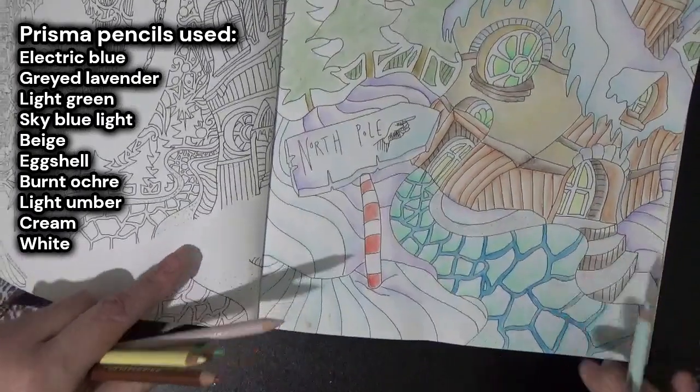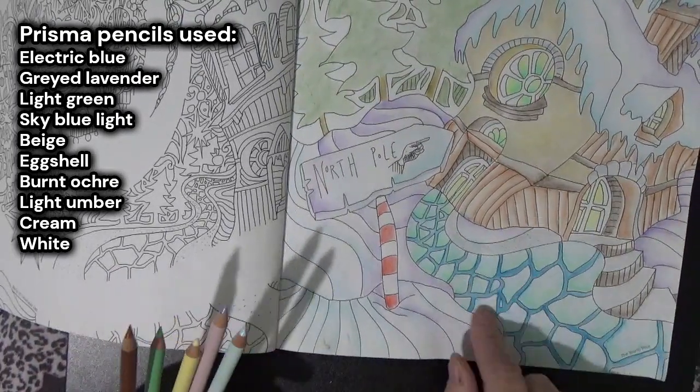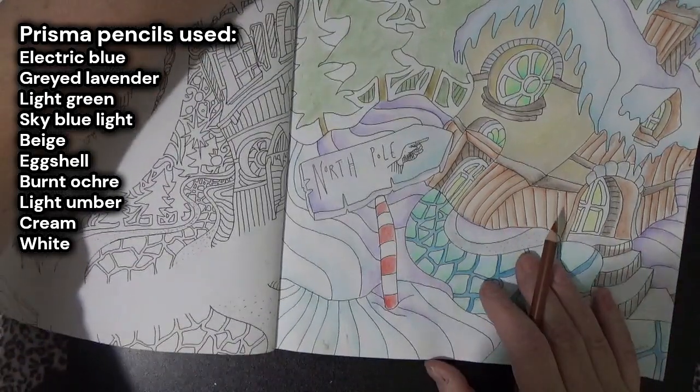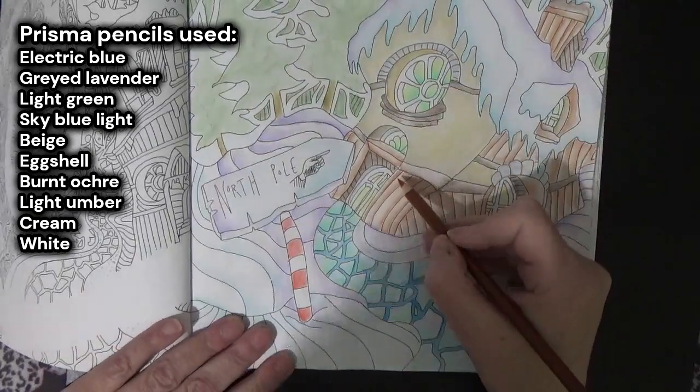Okay. Alright, so we've got that. I haven't chosen the colour for the cobalt blue. If we even need that, I'm not sure. But for the house, for the russet part, I've got burnt ochre and...